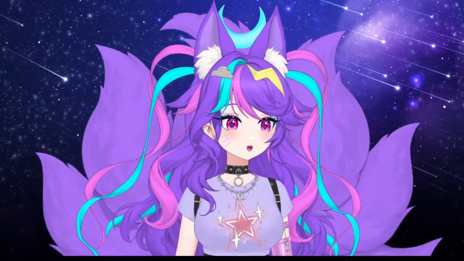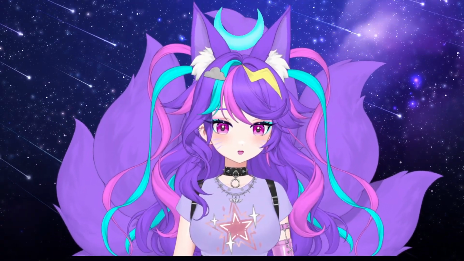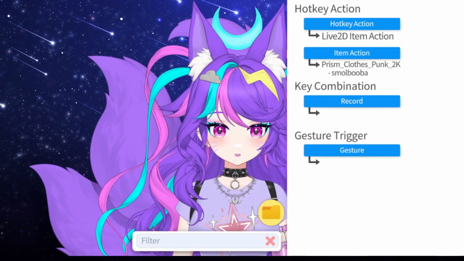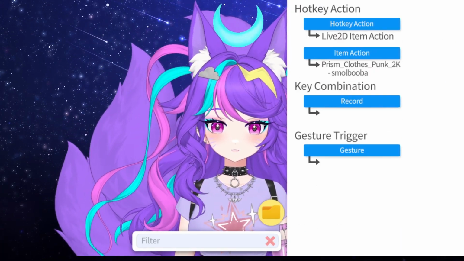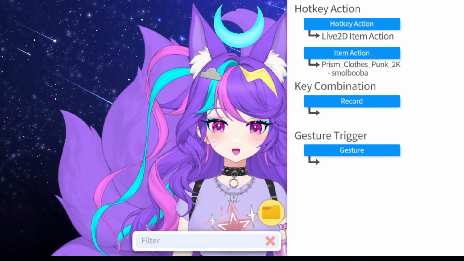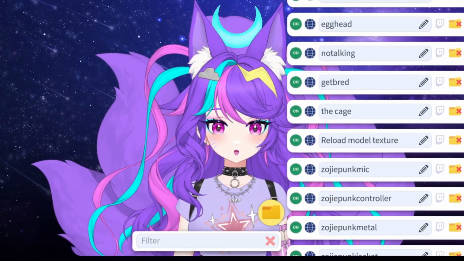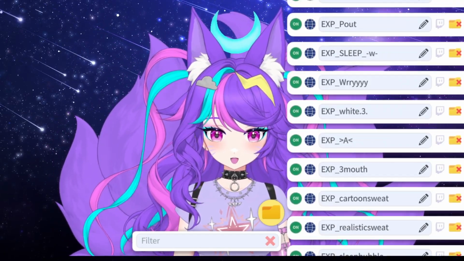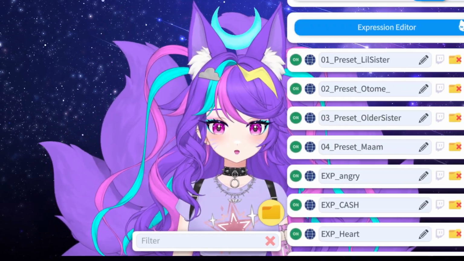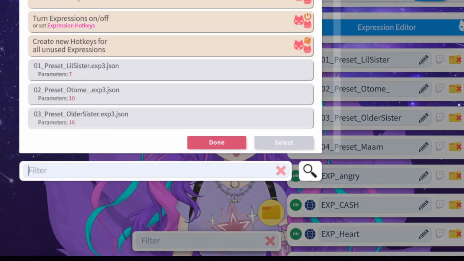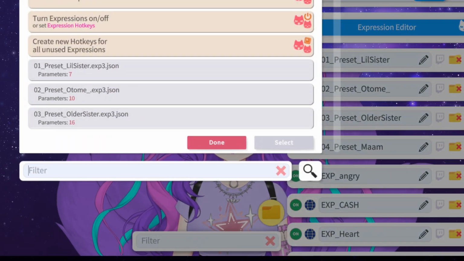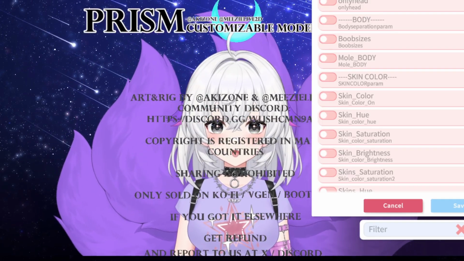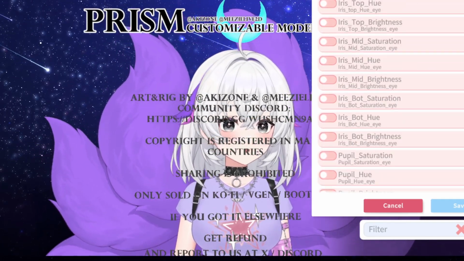So yeah, basically, for Live2D item actions, if you have that, it's pretty rare to have this. You have to have something specifically for it. But obviously, what more people will probably find more relatable is the actual model itself, which is simply in the expression editor. You can just create a new expression, and then say I wanted to have, I don't know,